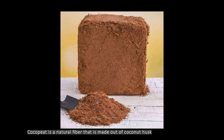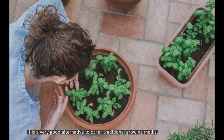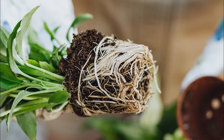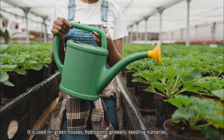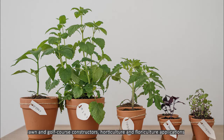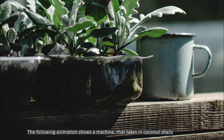Cocopeat is a natural fiber that is made out of coconut husk. It can be used as a growing medium for plants. It is a very good alternative to other traditional growing media. It is used in greenhouses, hydroponic growers, seedling nurseries, lawn and golf course constructors, horticulture and floriculture applications, and for home gardening. The following animation shows a